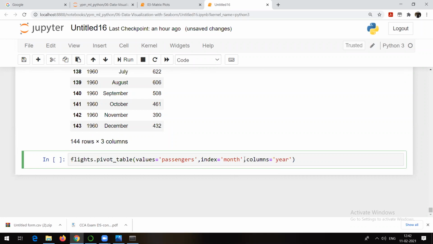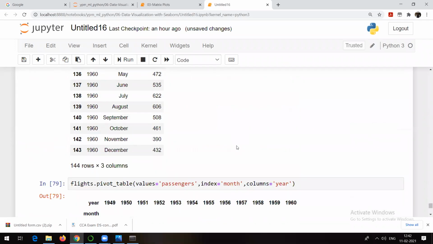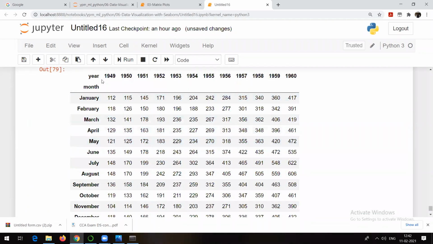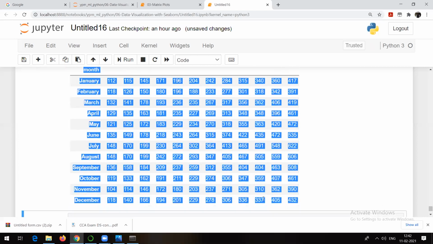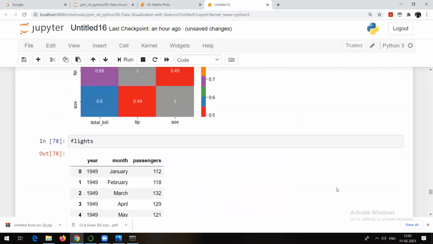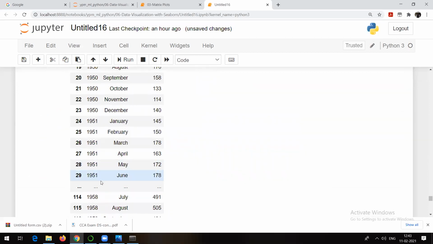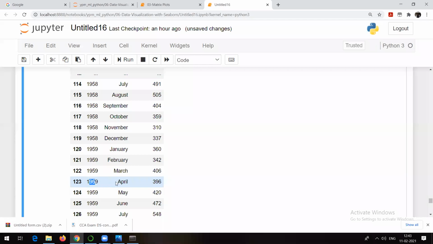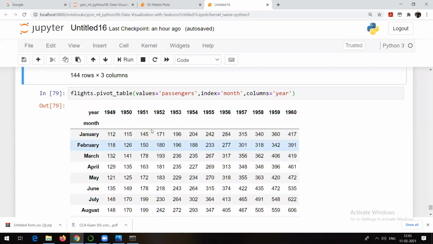Let us see the data set. Now see, same data set here, but now you can look at the data set at one place only, on only one page. See, if it would have been like this, what would have happened in this case? Suppose I want to search for 1959 April. How many passengers traveled? 396. To come to this particular data point, your system will have to read 122 records and then it will come to this one, 1959 April 396. But in this case, what do you want?